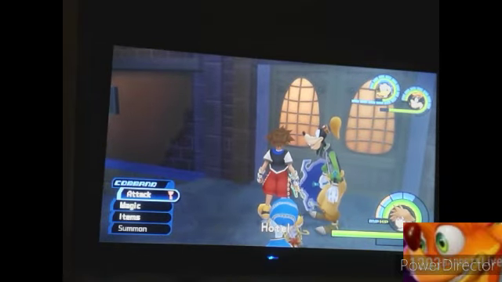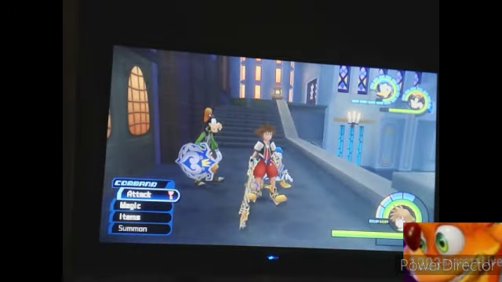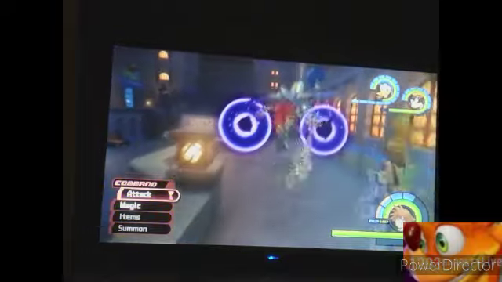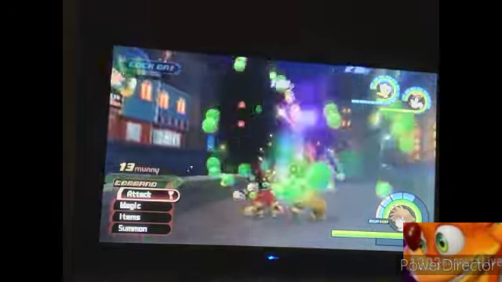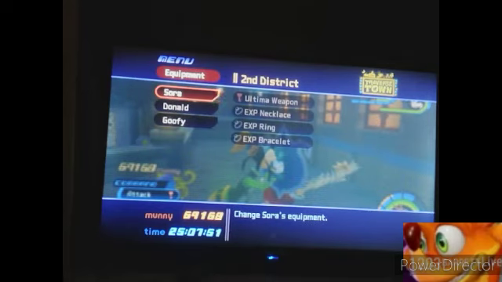Hallway, both rooms in the hotel, the alleyway, second district, Gizmo shop, hotel again. That is one of the best strategies of leveling up. And one of the best ways to get one of the hardest...